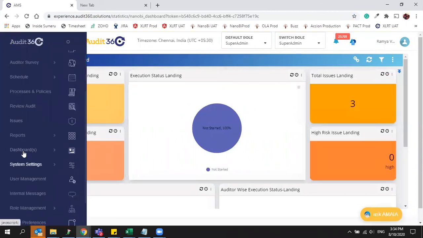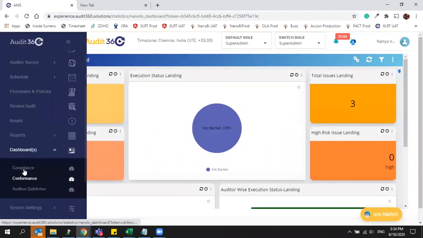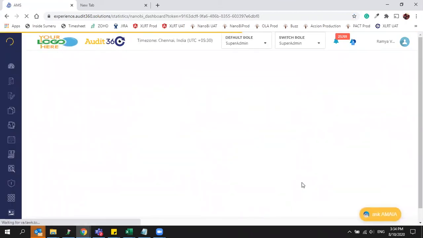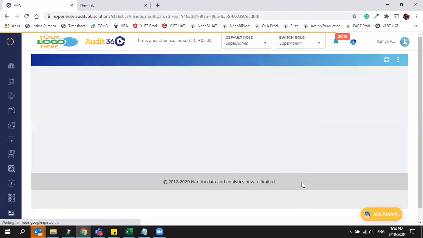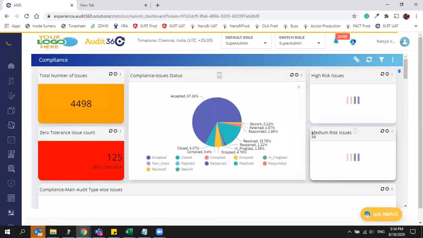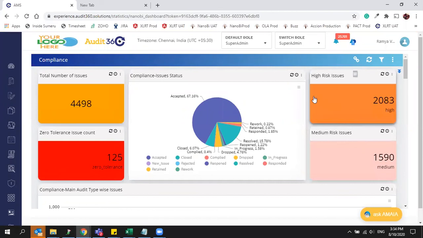This is the Premium Plus user login. In Premium Plus, along with the default features, you will get more features which will be helpful, apart from what I showed for premium users.